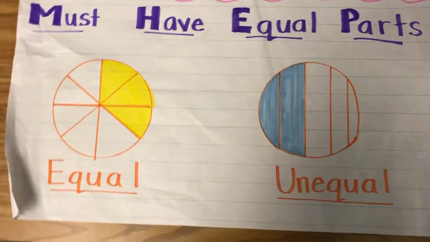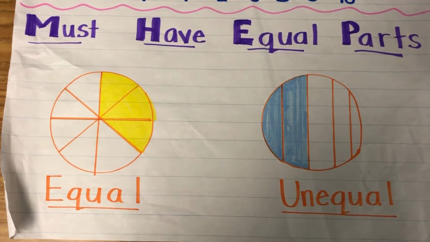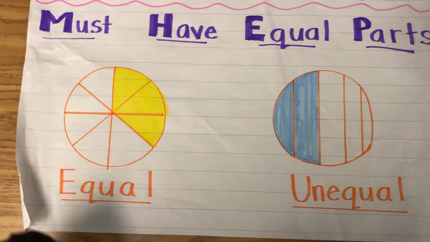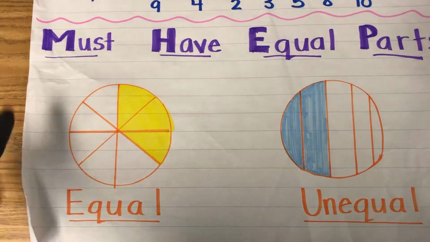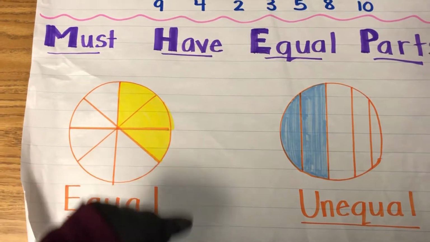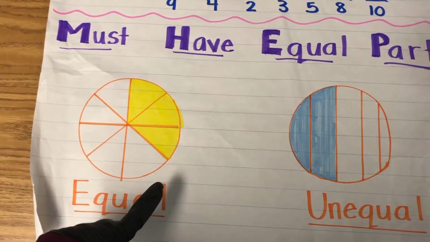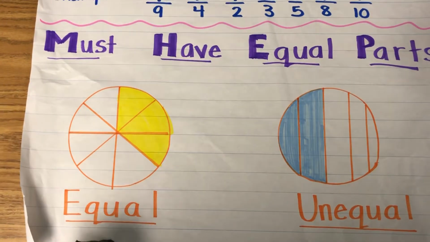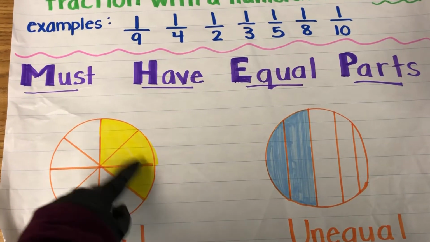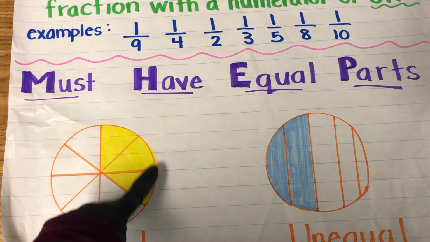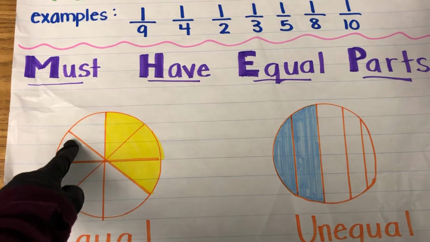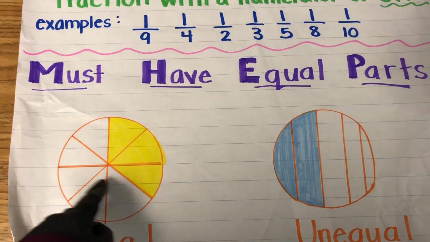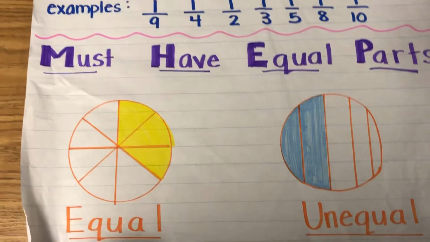And when we talk about equal parts, I want to show you what that means. Here I've created some circles. For these different parts, you can see they're all equal. So the fraction for this would be, my numerator would be 1, 2, 3. I'm talking about these 3 shaded parts. And my denominator would be all of the parts: 1, 2, 3, 4, 5, 6, 7, 8. So my fraction would be